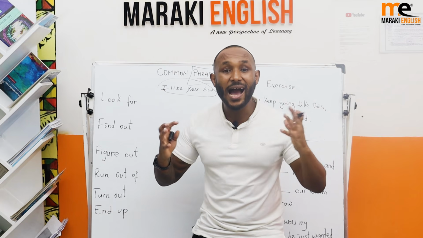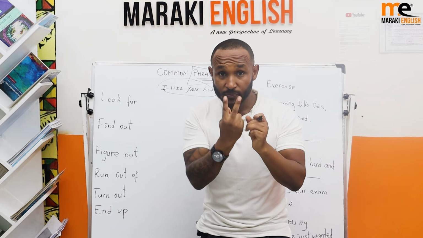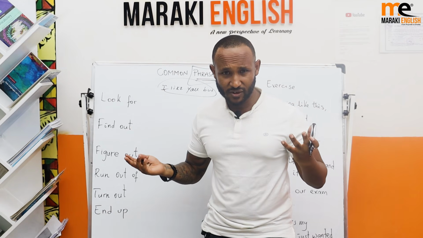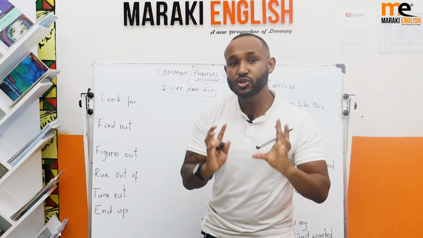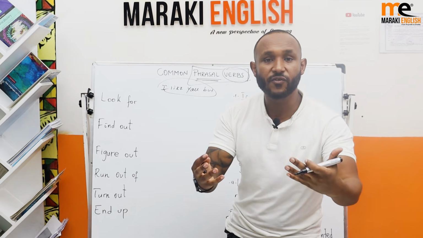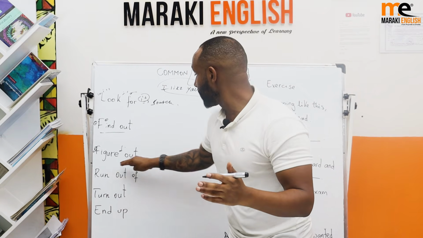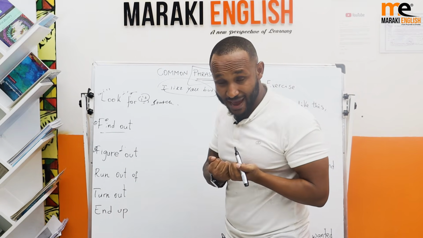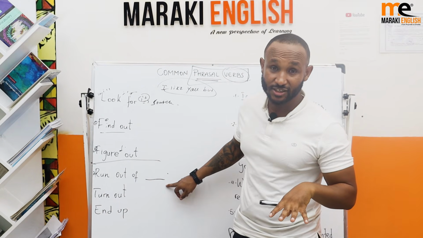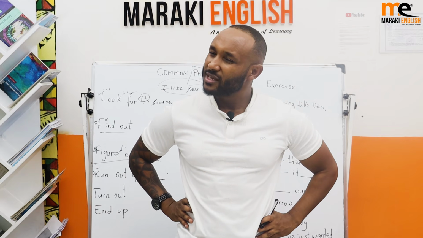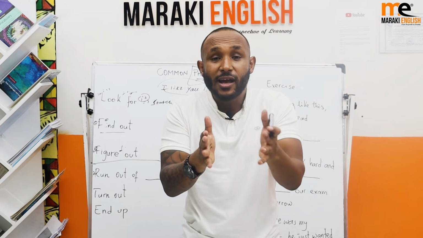These verbs, these action words, they're more than one. Get out. That's an action verb, but it's not just one, it's two. So we call it phrasal verb. Look for. Nice. To look for means, so finally I figured out a way to get my phone back. I ran out of patience. My mother is this, my mother is that. I run out of words.